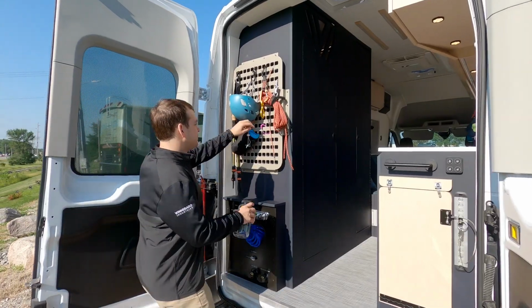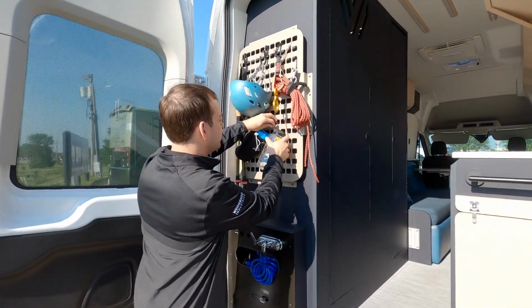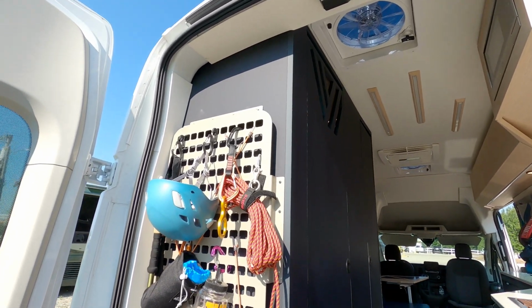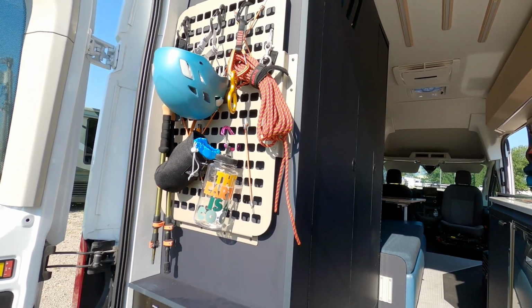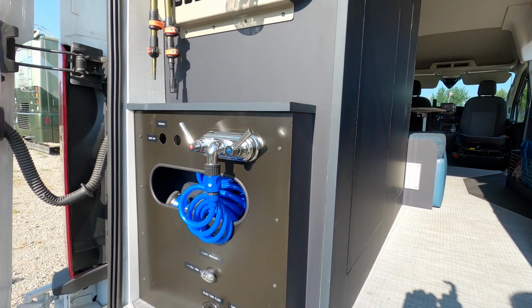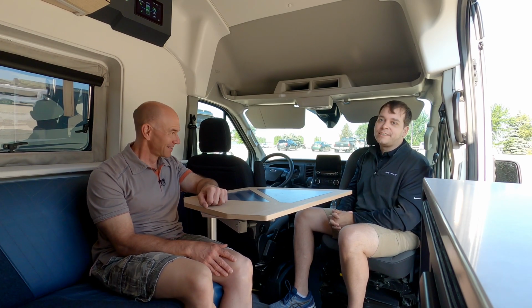But the other thing we did from a heating and cooling standpoint is we pushed it as much as we could from an insulation standpoint. Okay. So it's hard to see, but within the different crevices and nooks and crannies, we've stuffed rock wool. We've lined with the foil bubble wrap. And then we've also added a little bit of mass-loaded vinyl